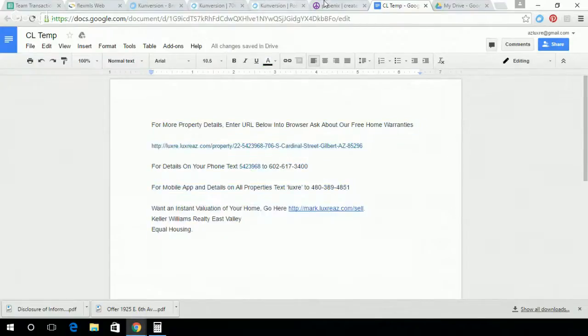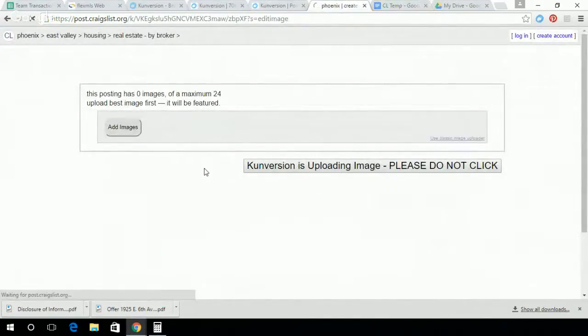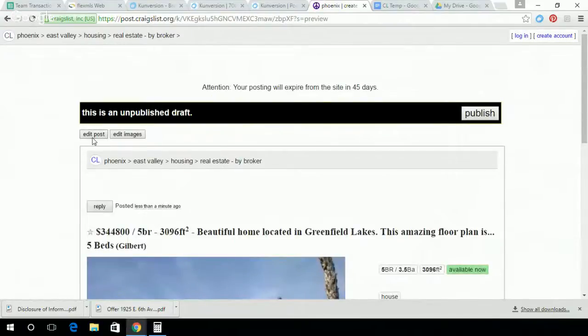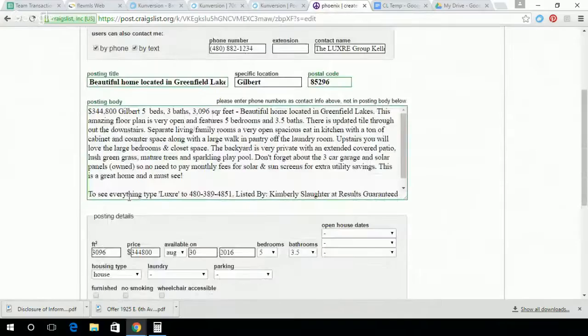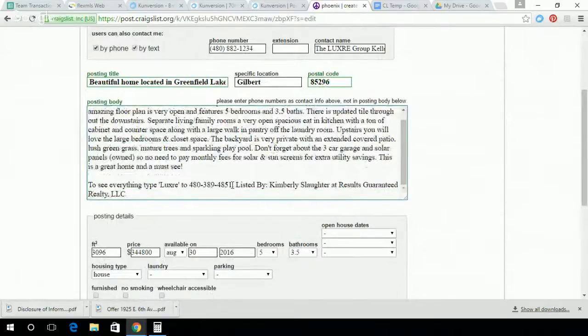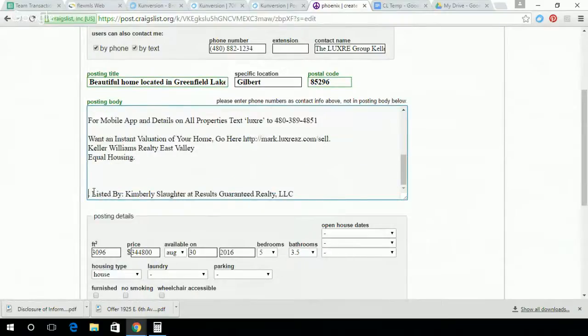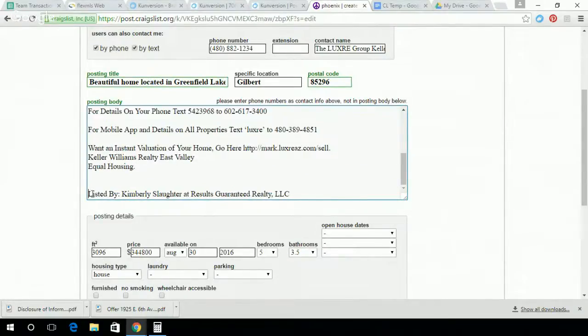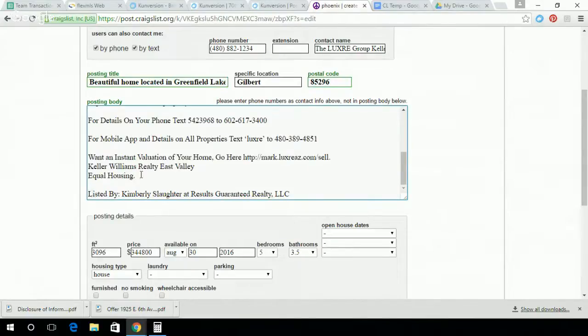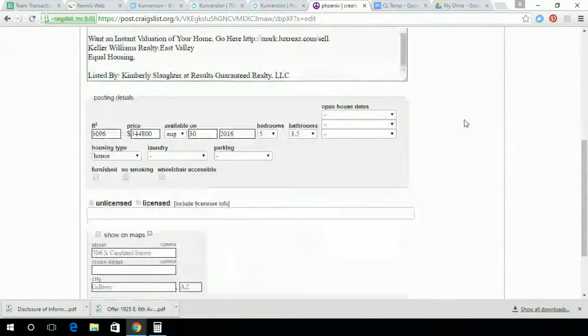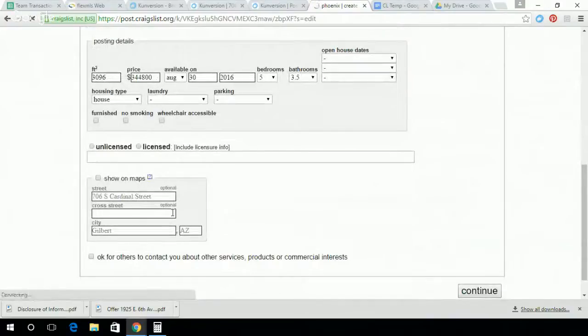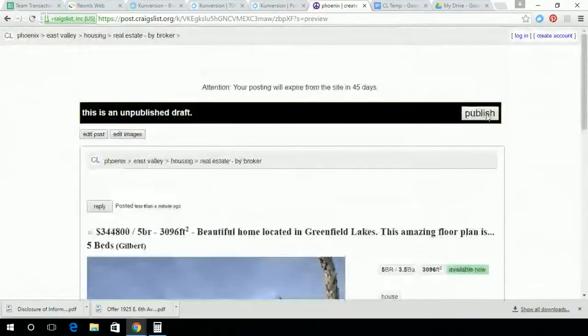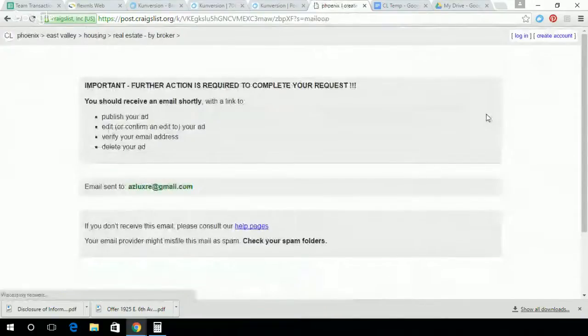Copy it all, and I'm done. My ad should be, look at, see, it's still not even ready. I was able to get that edited. Now I come in here, change this out. And I'm going to come here and hit continue, and then hit publish. If everything's working right, those should take you about 40 to 45 seconds.